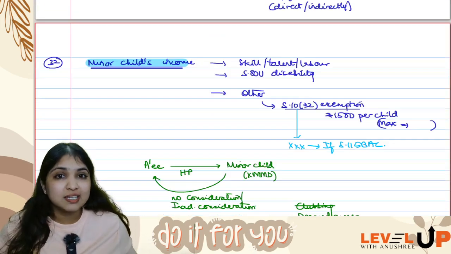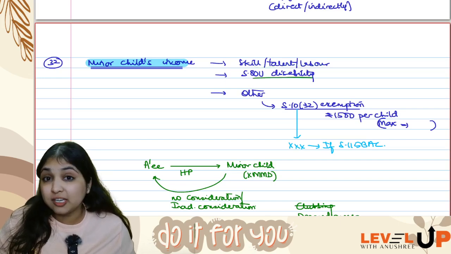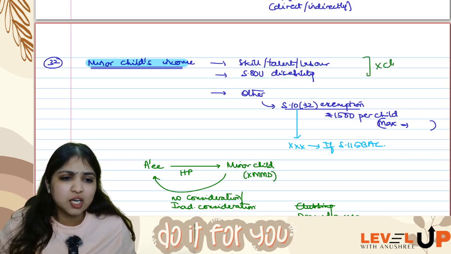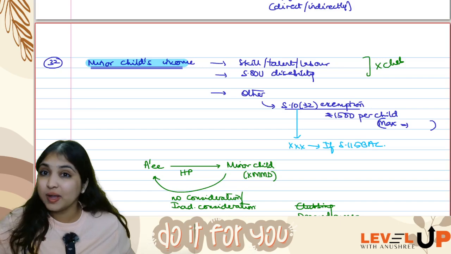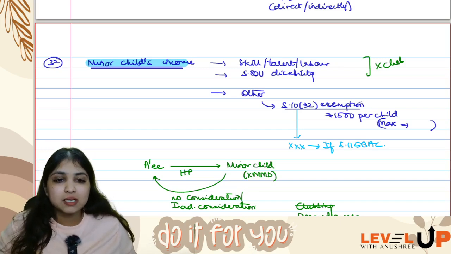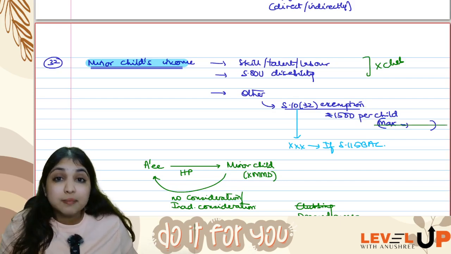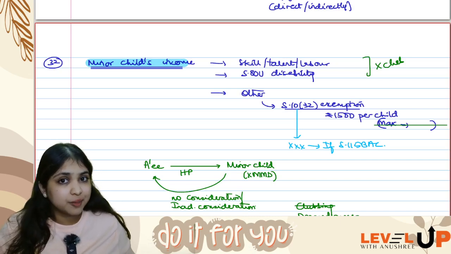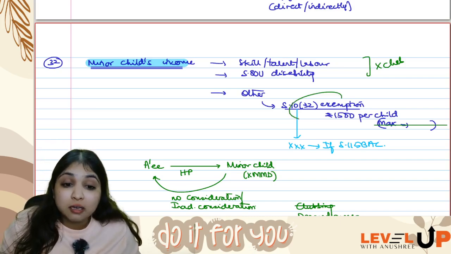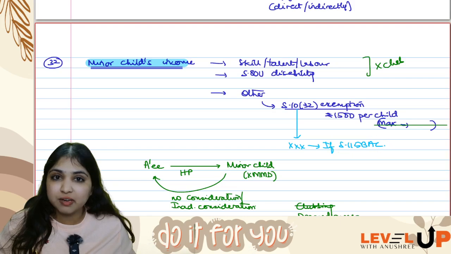Okay. Then minor child's income: if it is because of skill, talent, labor, or if the minor child is suffering from Section 80U disability, then you will not club. All other incomes will be clubbed with the income of the parent who has higher income. But against this clubbed income, you will enjoy Section 10(32) exemption of 1500 per child. There is no limit of 2 children over here. However many children, you will get 1500 per child exemption. But this 10(32) exemption of 1500 per child you will not get if the assessee is following 115BAC.